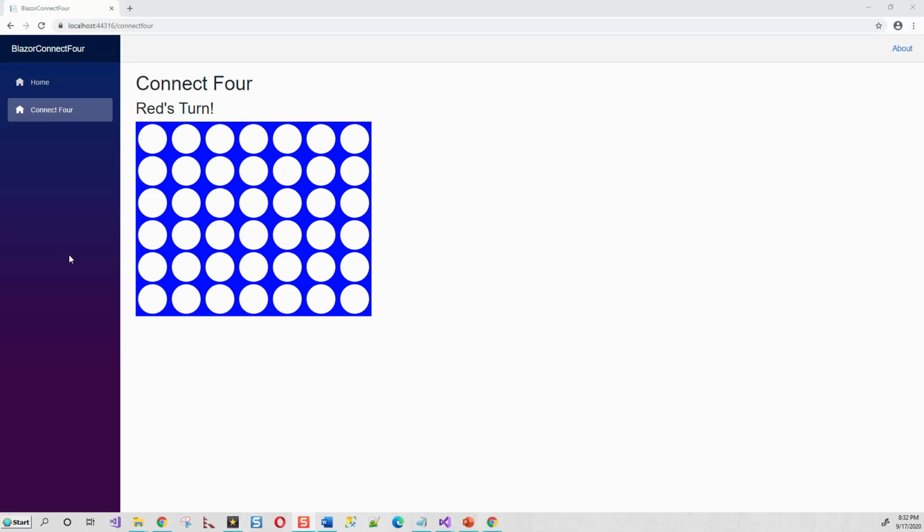So now before we embark onto our coding and flip over to Visual Studio, I would like to show you the finished product. That will be at the end of this session today. We will be achieving a working game in progress. So it starts with red, and if you click on any of these empty spaces, it will be filled with red, and if you click on the empty space again on that column, it will be filled with the yellow. And going this way, the game will continue